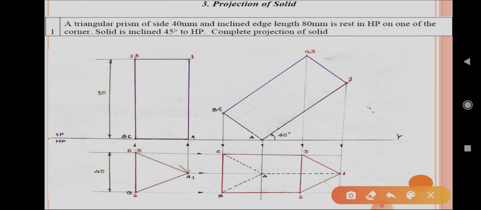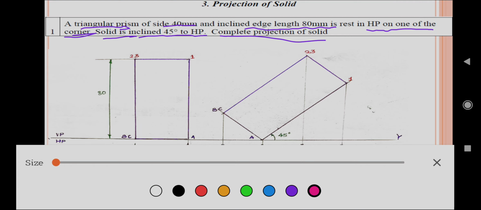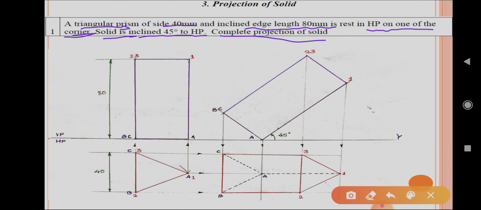Now, we can see a triangular prism, side 40 mm, inclined edge length is given 80 mm, rest in HP on one of the corner is most important, and solid is inclined at 45 degree to HP. Complete the projection of solid. So first, to complete the